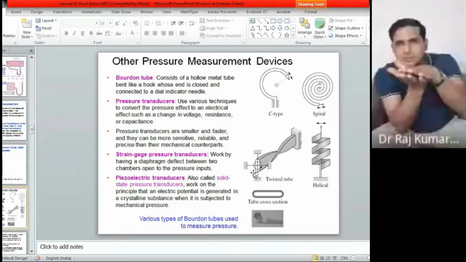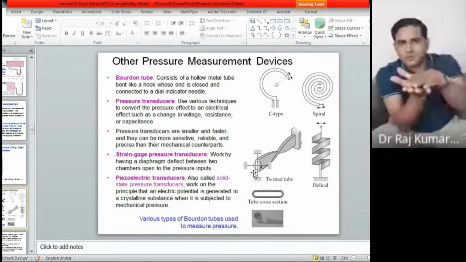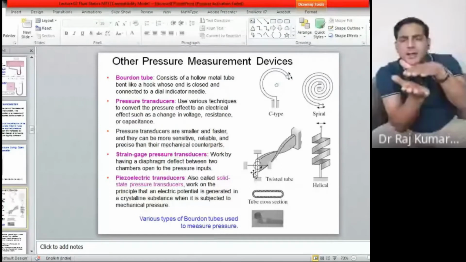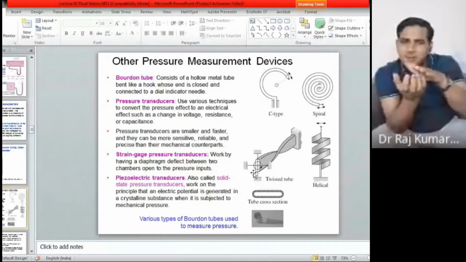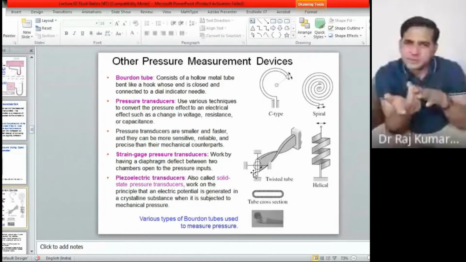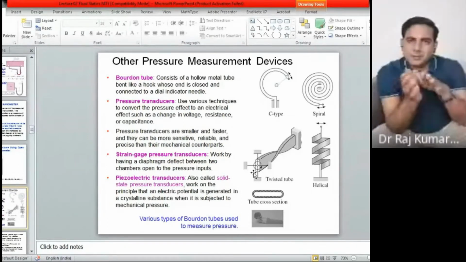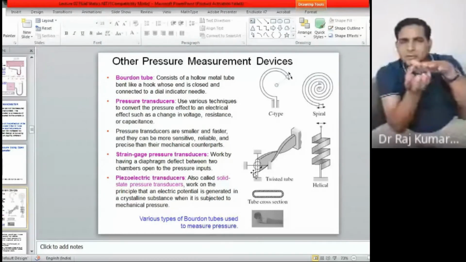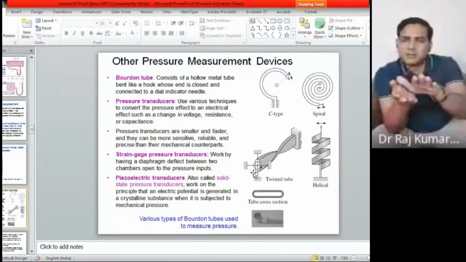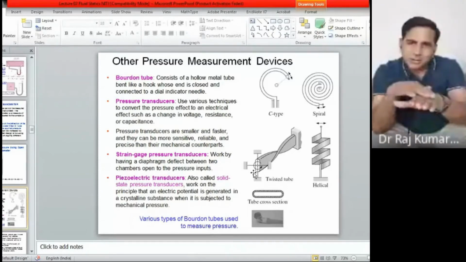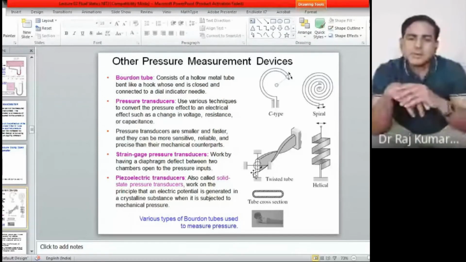Yes, you have two materials, one is the bottom one, one is the top one. If the top has high expansion and the bottom one is low, the top will try to expand more, and the bottom one less, so it will have a very slight curvature. So you can control the twisting also in that way. If you want to twist one way, you have to use the low expansion material at the bottom. If you want to twist the other way, you have to have the low expansion material on the top side. So that way you can actually control it.